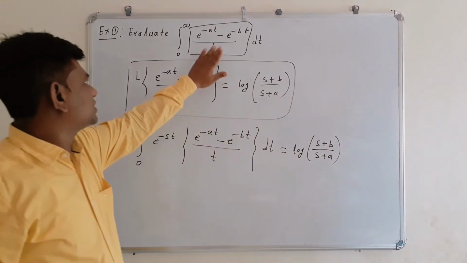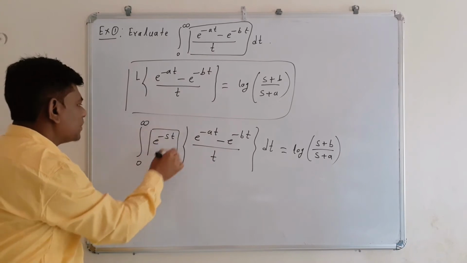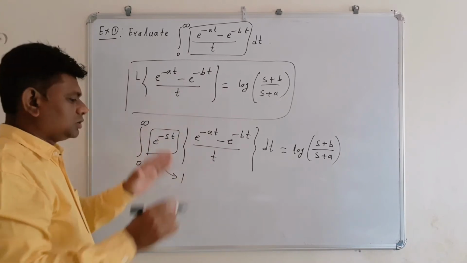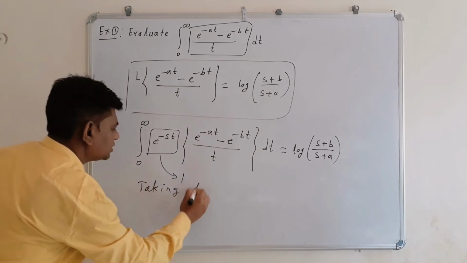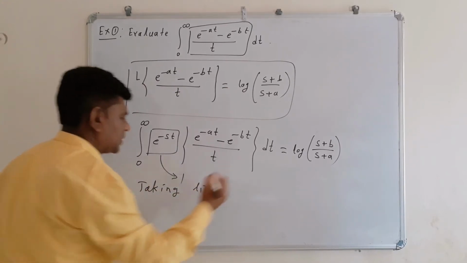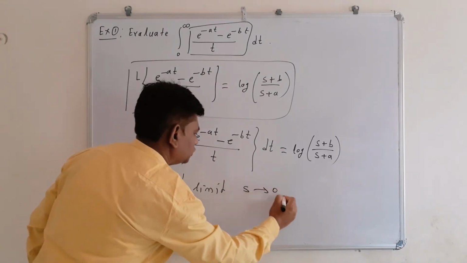Now in the given integral, this e to the power minus st is not present. So for this, taking the limit as s tends to 0, we get,